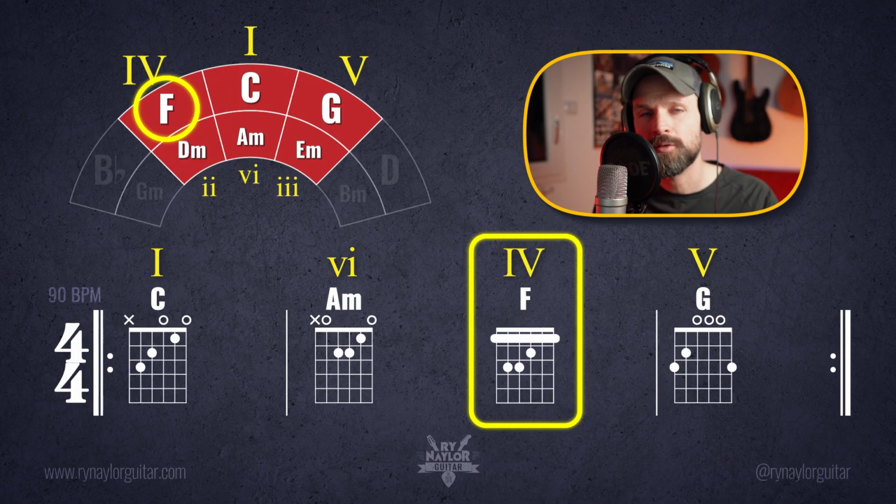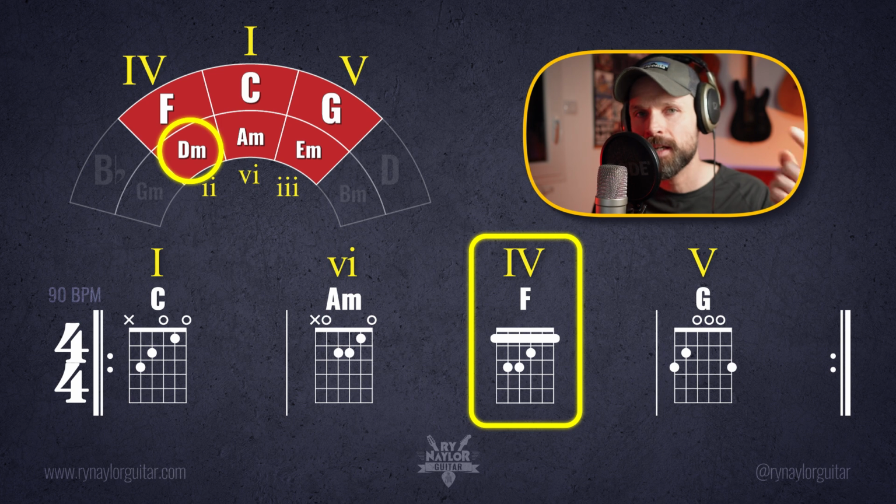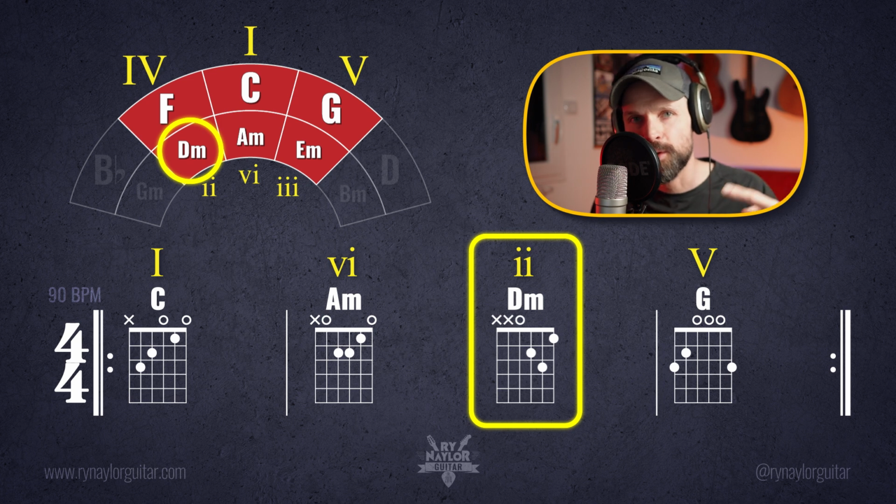It's in the 1-6-4-5. Taking another example of the 1-6 start, what we can do is switch out any chord for its relative minor or major. So if I have the F chord, its relative is D minor, so I can switch that out to get a 1-6-2-5. This progression as it loops then gives me a 2-5-1